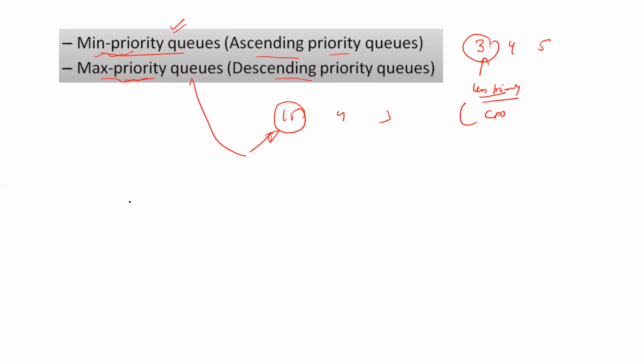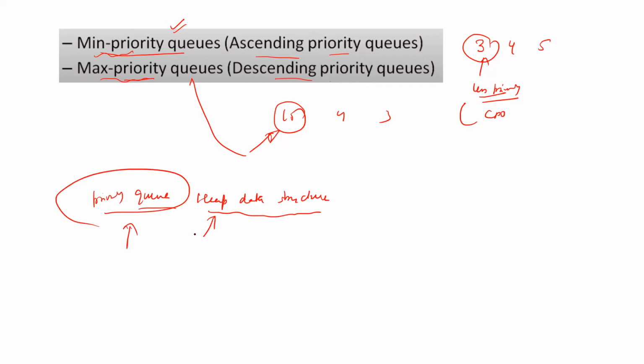Nevertheless, whatever the operating system, the most efficient data structure generally preferred for implementing a priority queue is the heap. Heap data structure is one of the data structures we'll be covering in the subsequent topics. Heap is the best data structure for implementing a priority queue. We are just giving the framework of doubly linked list or 2D array representation for the same, but the most efficient is the heap data structure. We'll be having the discussion of the same in the subsequent chapters. That is a full-fledged topic to be covered.